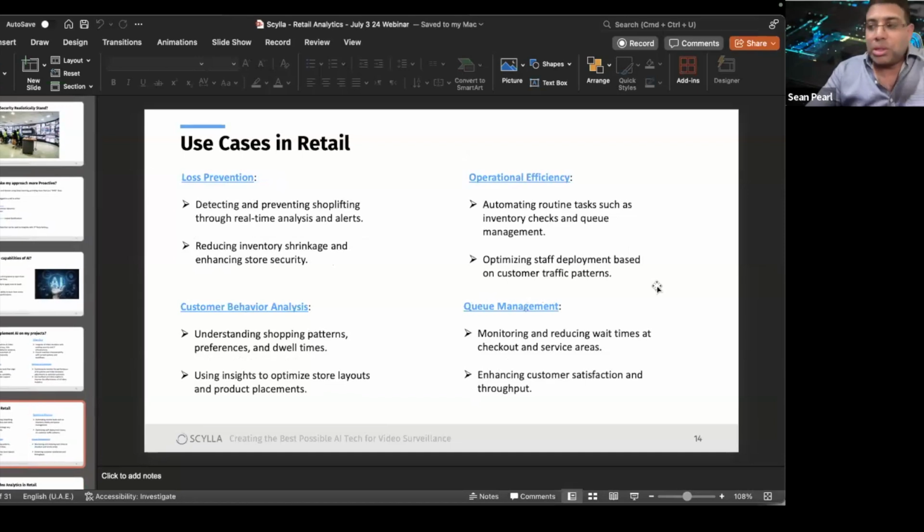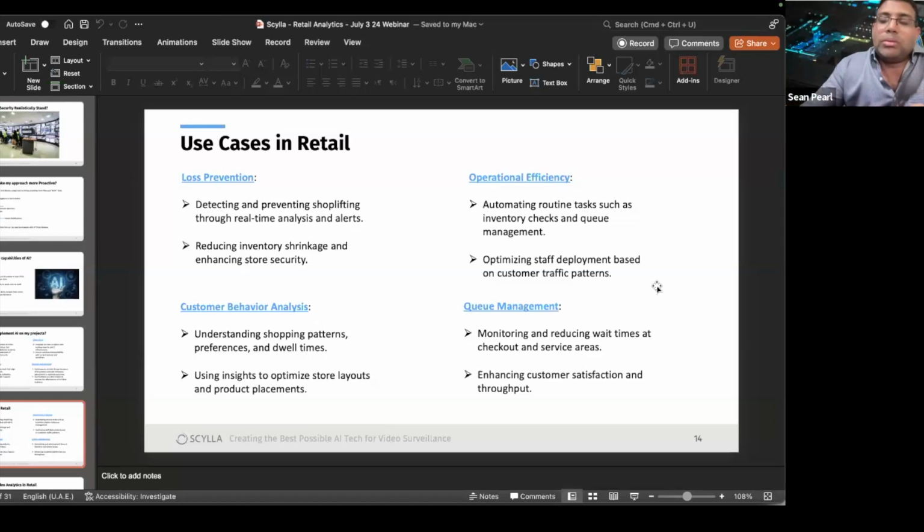Now, for sure, if there is some sort of damage being done to your store or your facility, or some sort of a physical threat, this has to be dealt with almost instantly, because only in such a scenario, wherein you're dealing with it almost immediately, are you able to minimize the damage as much as possible. Or in a lot of cases, with a proactive system in place, you could even possibly avoid such a situation.